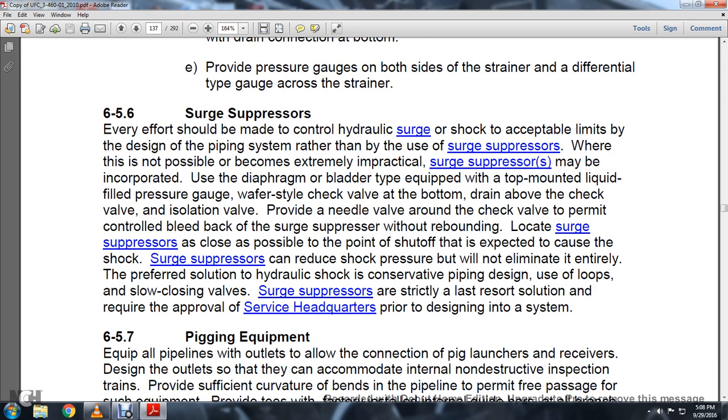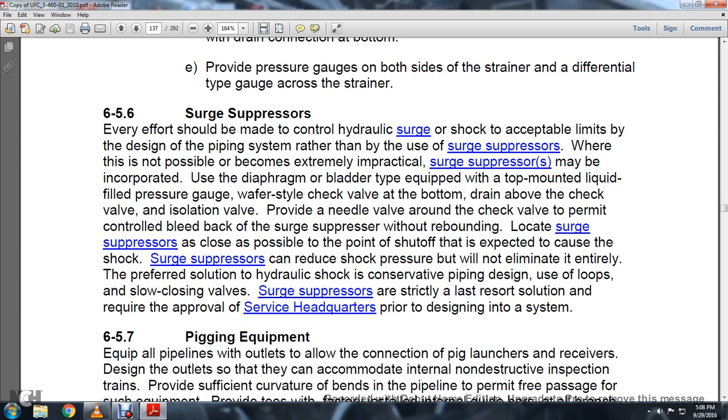6.5.6 Surge suppressors. Every effort should be made to control the hydraulic surge within acceptable limits by designing the piping system rather than using a surge suppressor where possible. Where extremely impractical, surge suppressors may be incorporated, such as a diaphragm bladder equipped with a top-mounted liquid-filled pressure gauge, with a water-style check valve at the bottom,